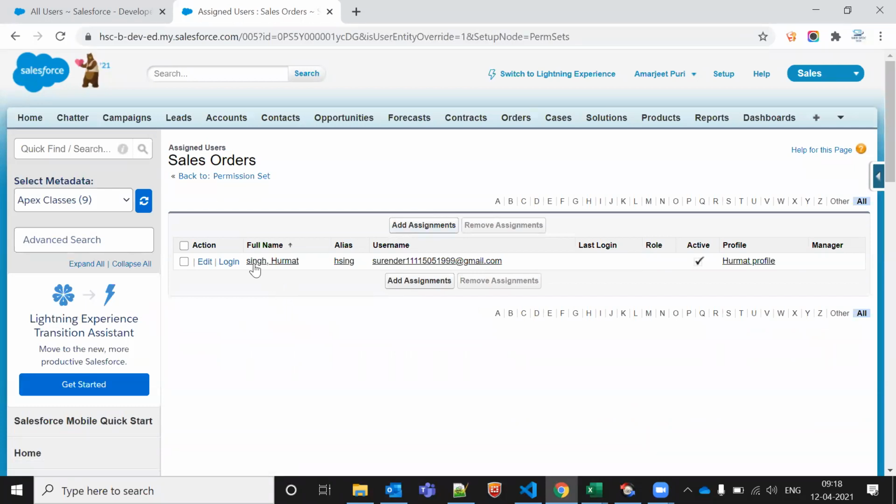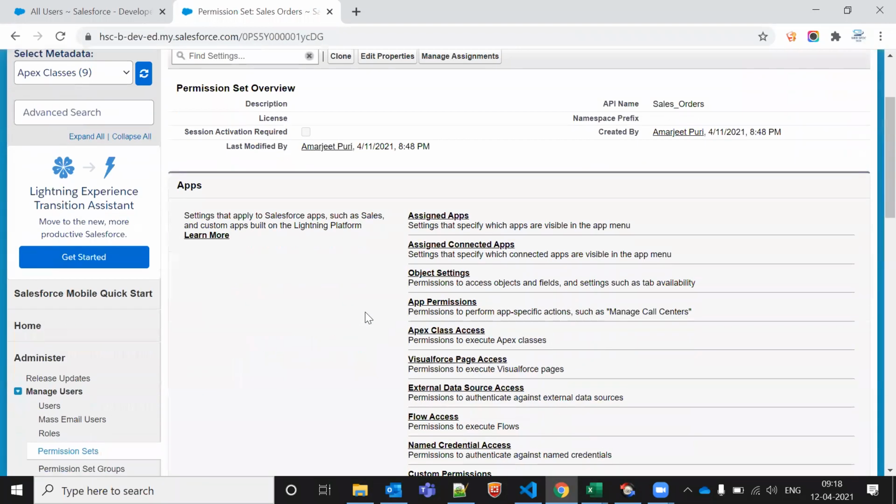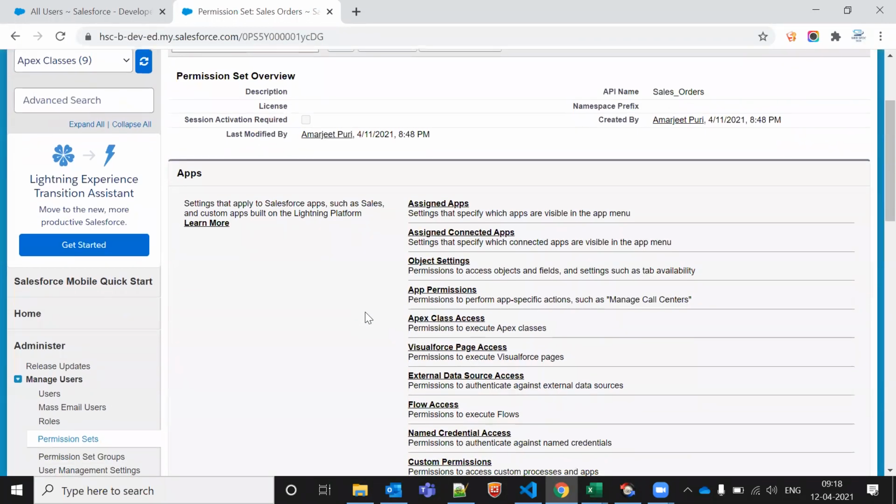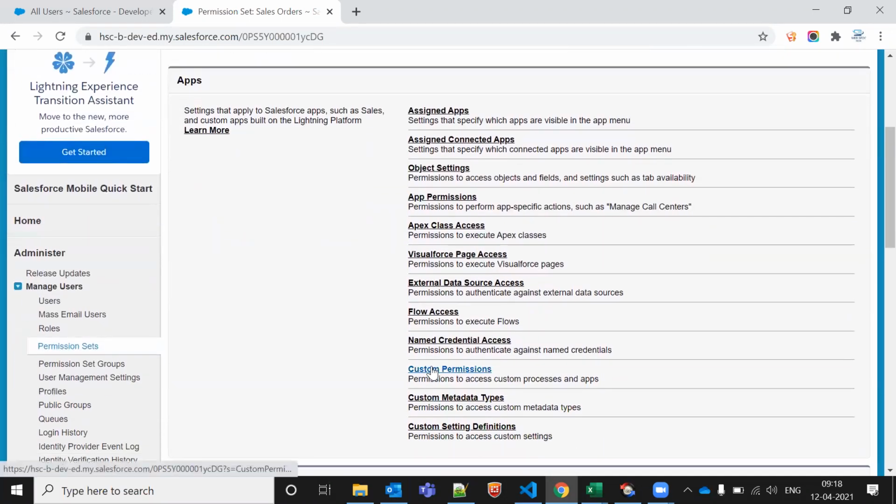Now in custom permissions, go to custom permissions. Sorry, permission set. Okay, now here custom permissions will be there. Yeah, custom permissions down below named credentials.